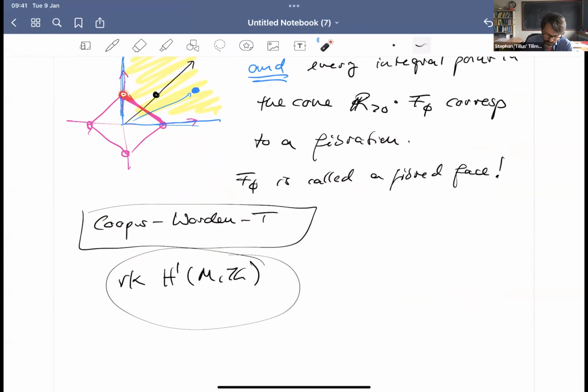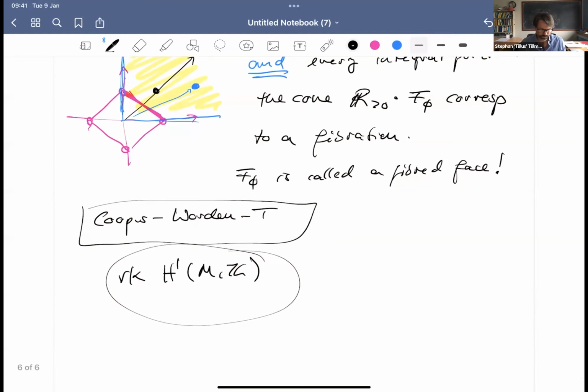What these extreme points here are? Yeah, so they're not the fibered ones, right? No, so they're not fibered. And yeah, I mean this whole study actually, there's a lot known about the